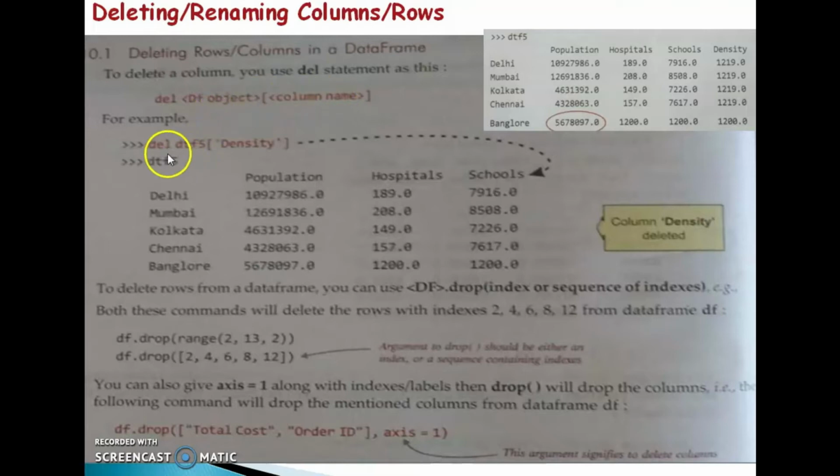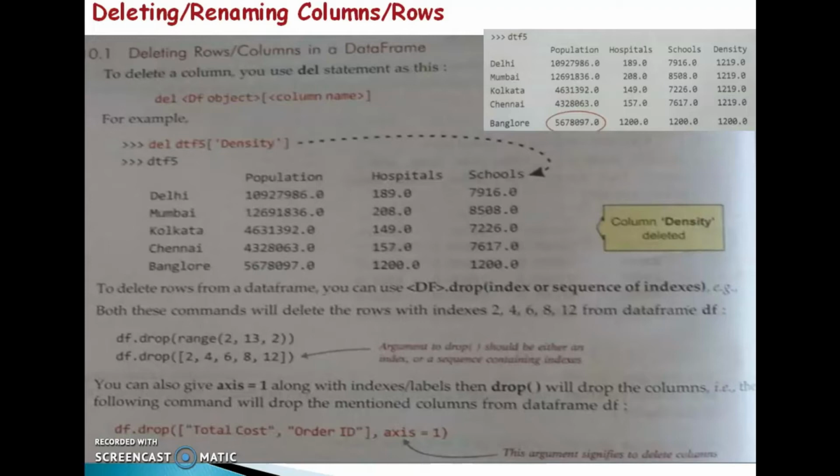For example, del DTF5, within the square brackets I specified the density column. After the execution, we can identify the density column is deleted from DTF5.